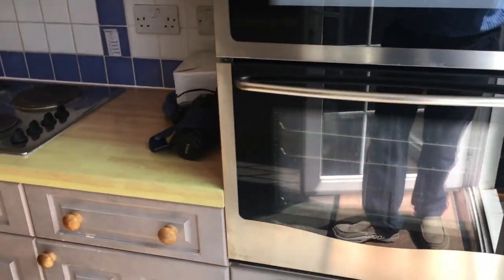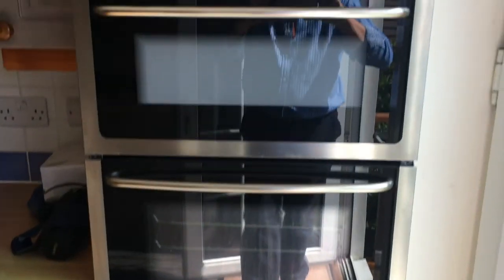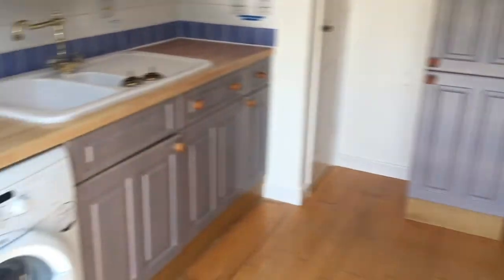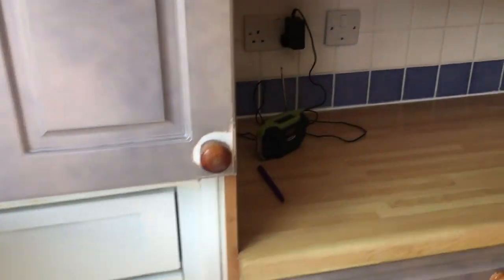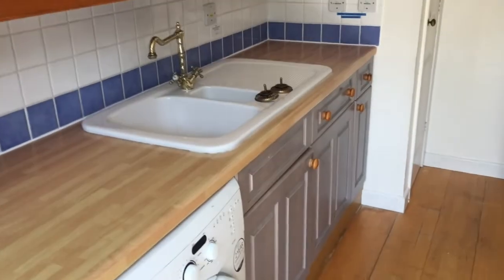This is a fairly large kitchen with inbuilt oven and hob on the work surface, double oven actually. Sorry, yes. There's also a washing machine. I'm busy opening the cupboards, but you've got fridge, freezer, all inbuilt, decent sized, all within this kitchen area. Plenty of kitchen cupboard storage. Oh, that's a solid one, that one. Under the sink,